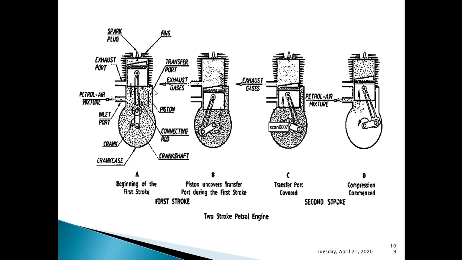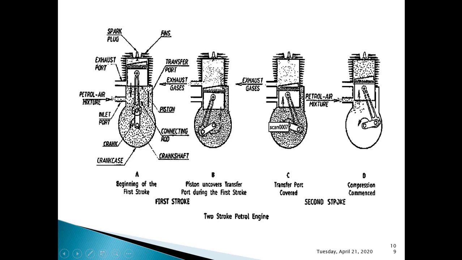When you look at the diagrams or go through the textbook, you may find it a bit difficult compared to the four-stroke engine, because in the four-stroke engine the four different strokes take place separately, whereas here the two strokes are combined. So it looks a bit complex, but actually it is not very complex. It is even very easy to understand. I will tell you where to start and how to start with this two-stroke petrol engine.